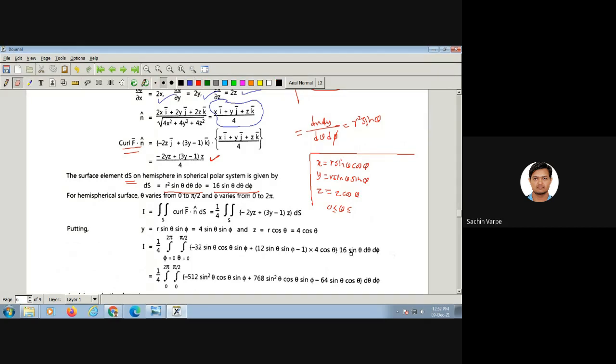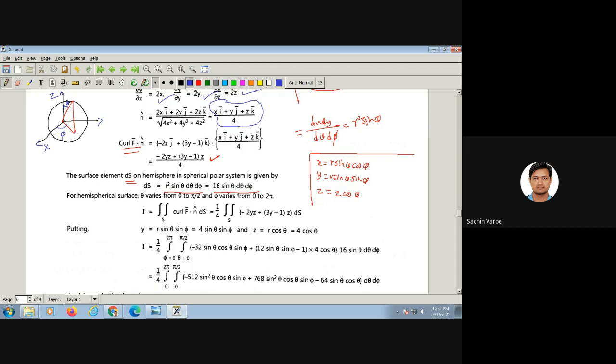So to get the limits of theta, phi, and r, you need to visualize the sphere actually. Suppose this is a sphere with these coordinates. So what is theta? And when we consider a triangular strip like this, then theta is actually the angle made by this triangular strip with the z-axis. This is theta. And phi is the angle made by this triangular strip with the x-axis. This is phi. Okay, and r is the radius of the sphere.